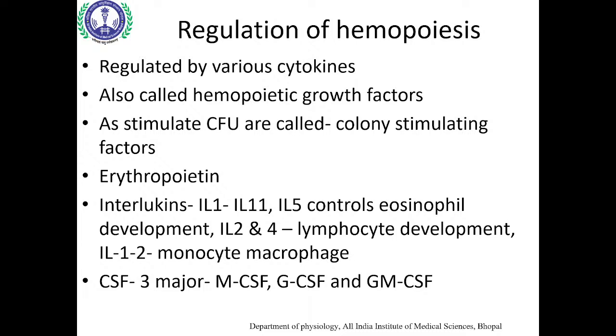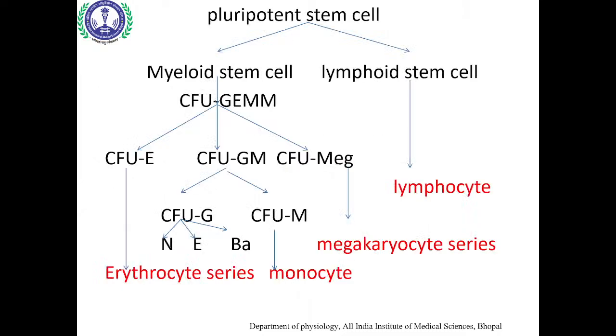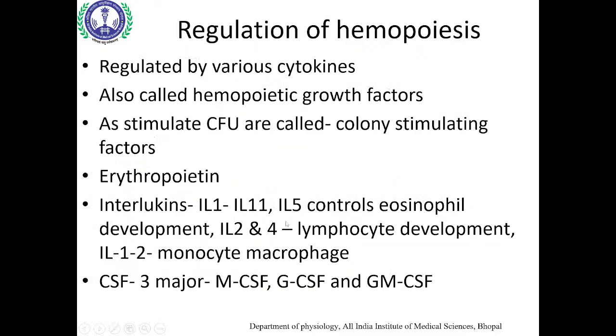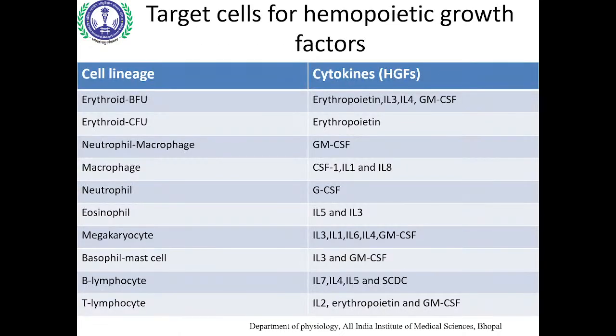Now this was the simple flow chart, right. But we have certain precursors, certain growth factors, certain initiators which are important for formation of these cells, and these include the specific hemopoietic growth factors. We have a list of this. I'm not going into detail of all this, but if you are describing the formation of a particular cell lineage, then you need to mention these growth factors, like erythropoietin for the erythrocytes.